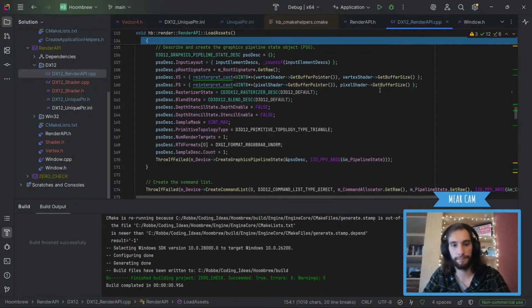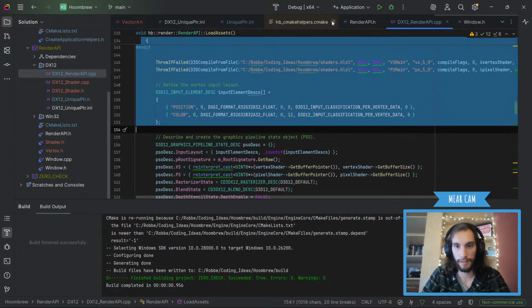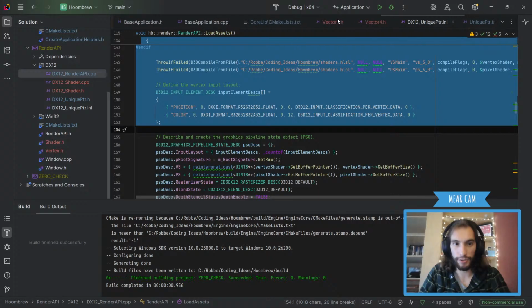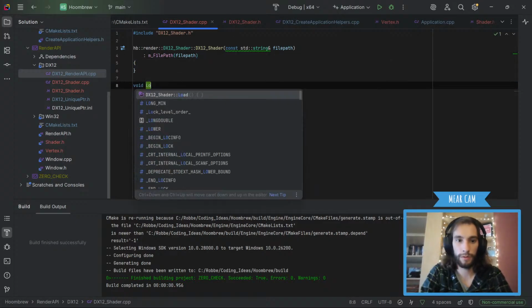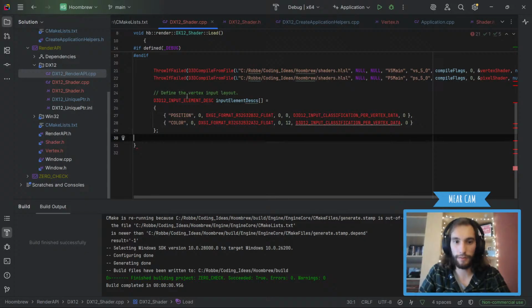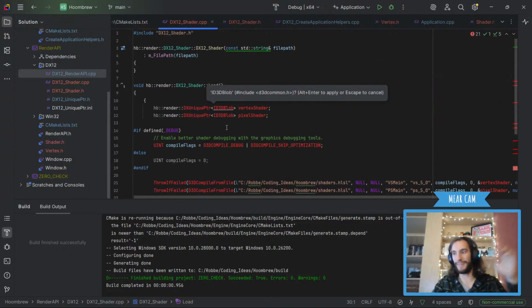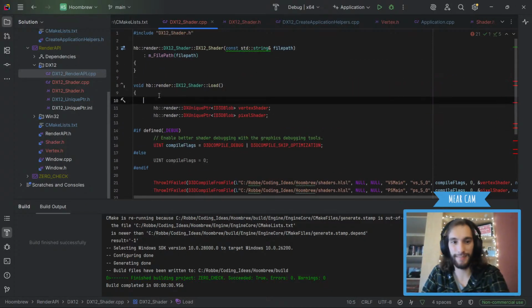Copy that. And then inside the shader, we need this, and then we're gonna make our load function. And we'll do this. Alright, so we don't need that.